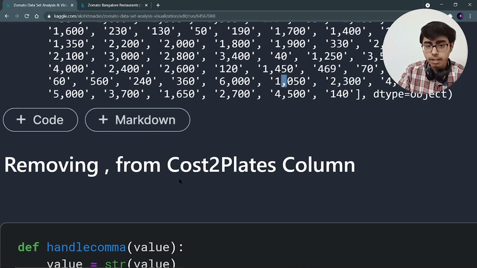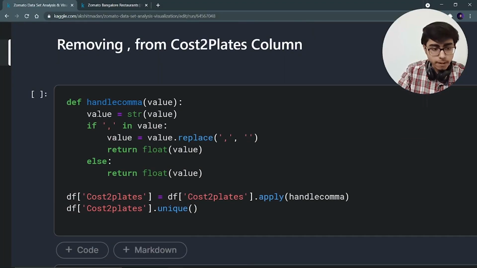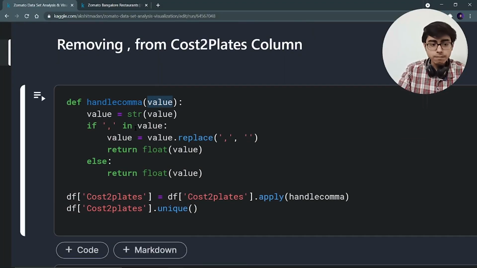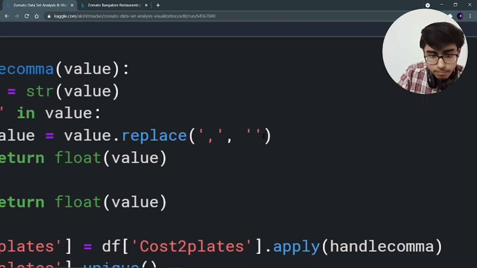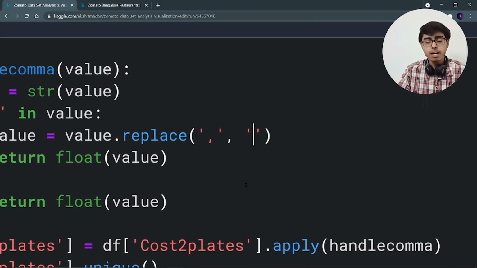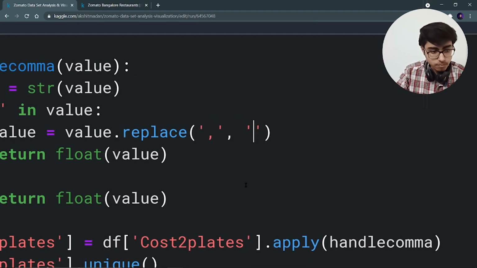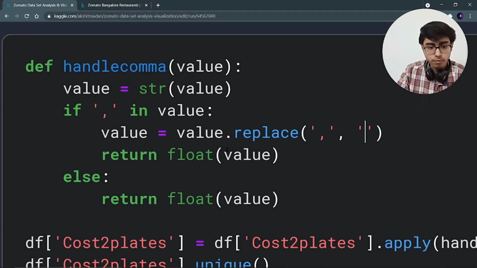So for that I have to again create a function. So def handle_comma is going to take a value. If a comma is present in this value, then I'm going to replace this comma with an empty string, like with nothing, right? So that this comma will be gone. And I'm going to return the float of this value.